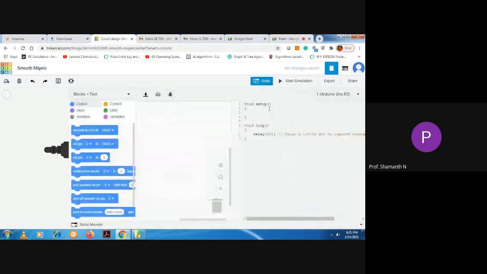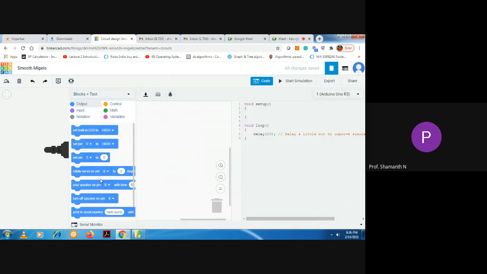In the setup function we will be configuring the pin. We'll be configuring pin number 5 in this case as an output pin. Then we have the loop function. Inside the loop function, since I want the LEDs to be on and off repeatedly, I can give the commands for which pin to send the high command and which pin to send the low command. Based on that we can make the LEDs switch on and off. Anyway, we'll come back to that later.